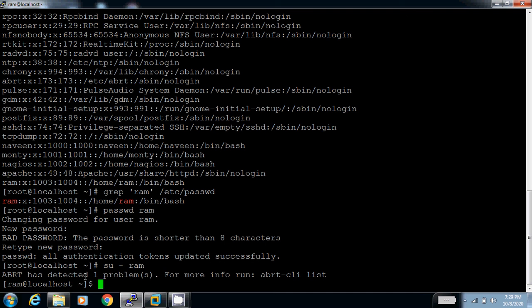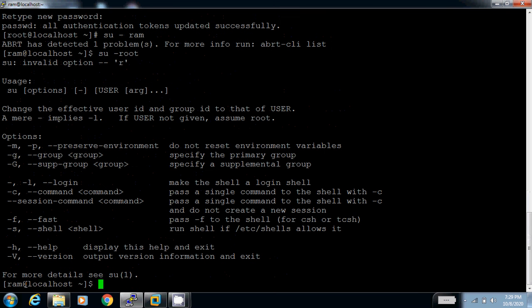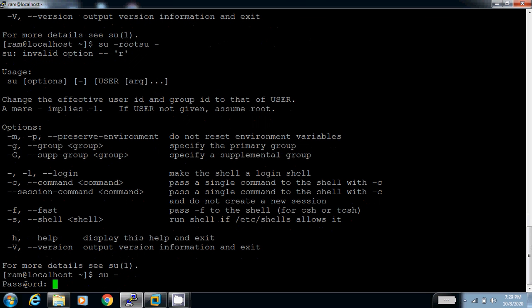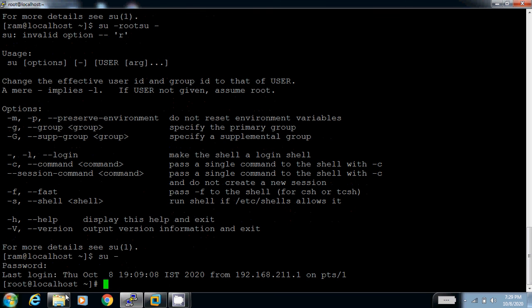I'm logged in as root user, so the root user can log in anywhere to a normal user profile. If you want to log in as root, now I type the password. I am logged in as root.